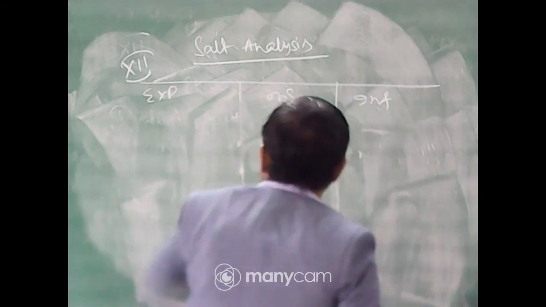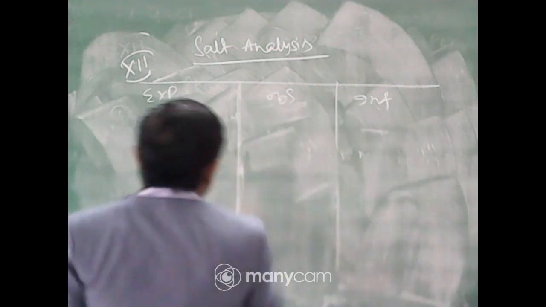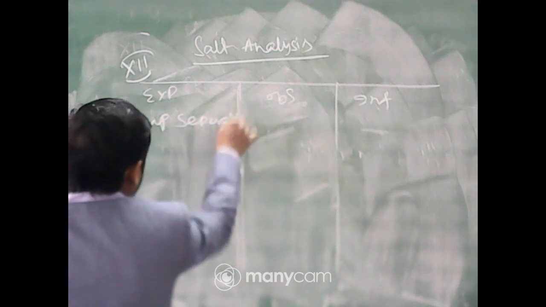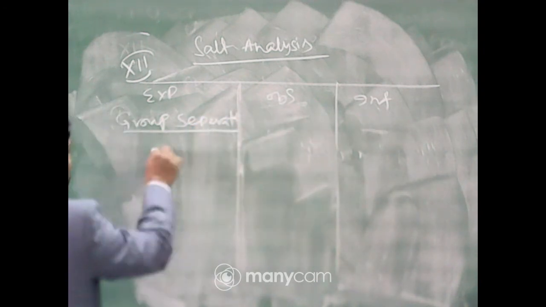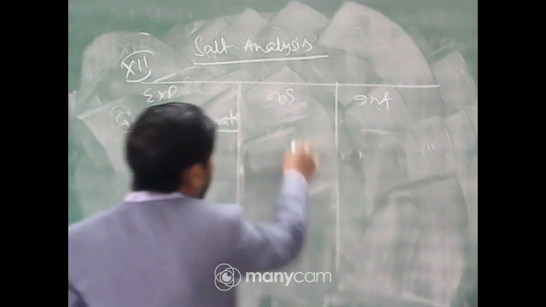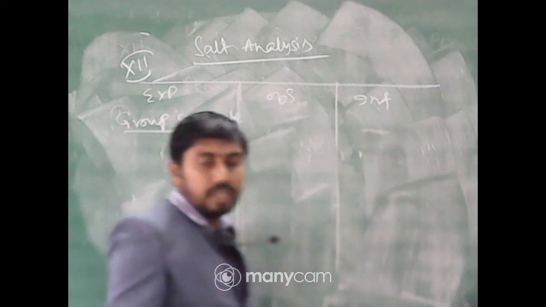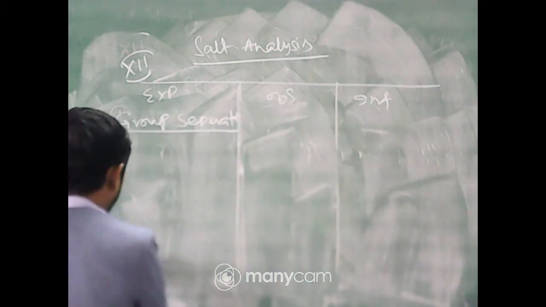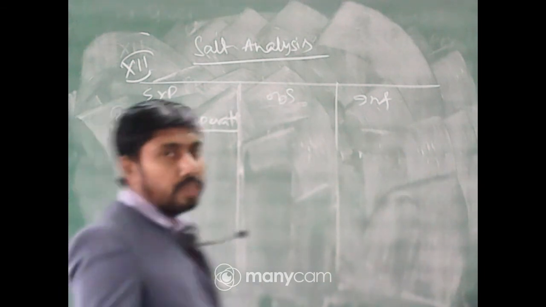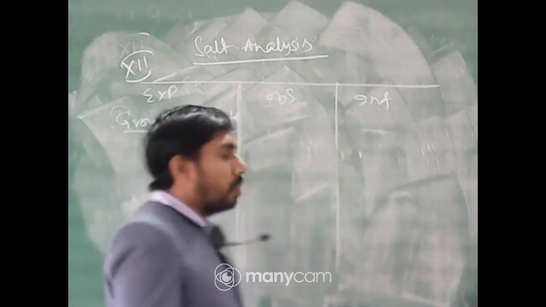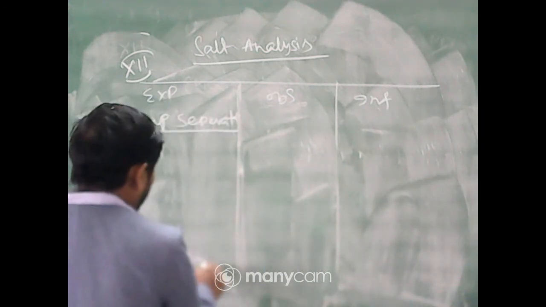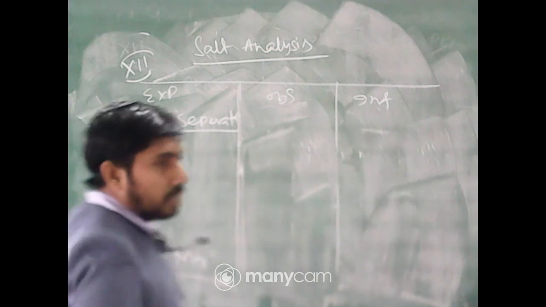For the cation, we first do, as we mentioned, the dry tests: dry test tube heating, the flame test, etc. Next step is group separation, so you may title it here group separation. In group separation you add reagents one by one and show no characteristic precipitate for groups 1, 2, 3, 4, 5, 6, so they are absent. At last you write the test for ammonium, because ammonium is out of that classification, and then you conclude.